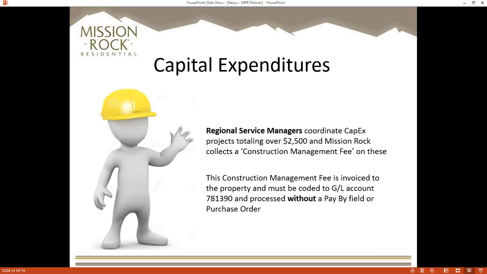What about our regional service managers? They come into play because they coordinate our CapEx projects totaling over $2,500. And because of that, Mission Rock collects a construction management fee on these. That's how our regional service managers kind of get their salary, right? So want to make sure that these are marked correctly